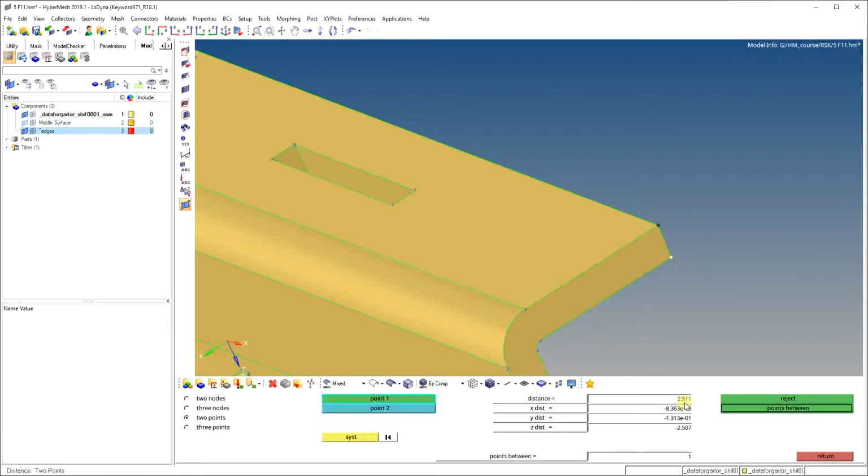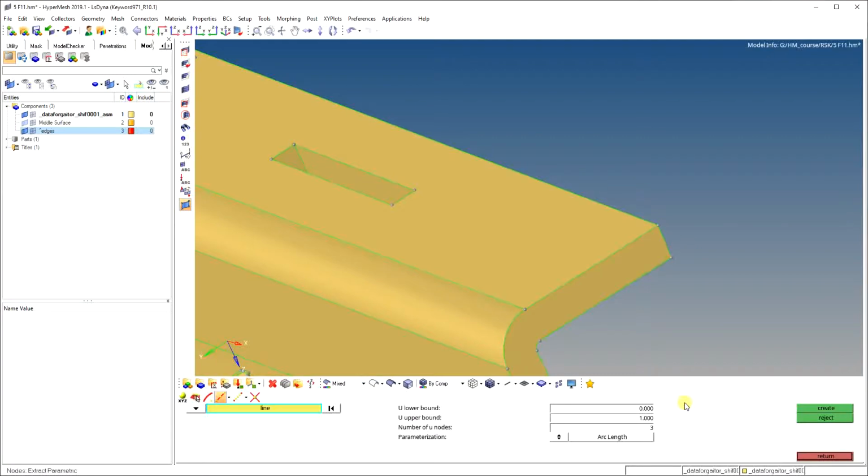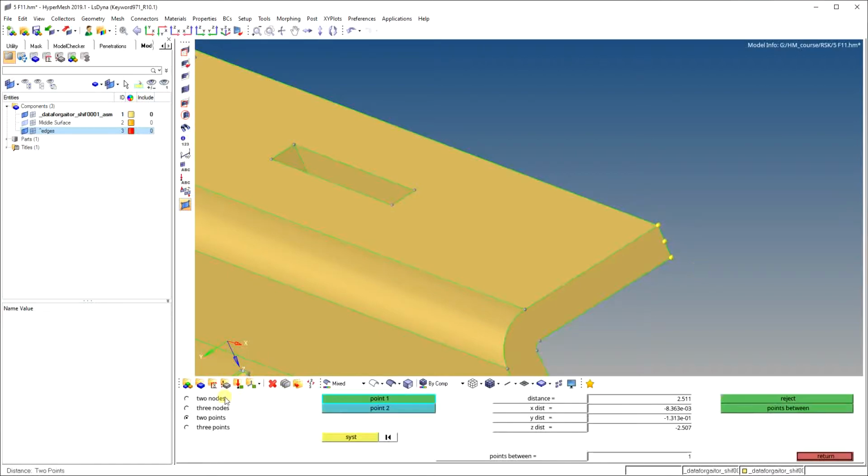But a better way is to first create some nodes at the end points of every line where we have to measure the thickness, and then measure it using 2 nodes. By selecting the 2 nodes we get the thickness 2.511. Just remember, all dimensions are in mm.